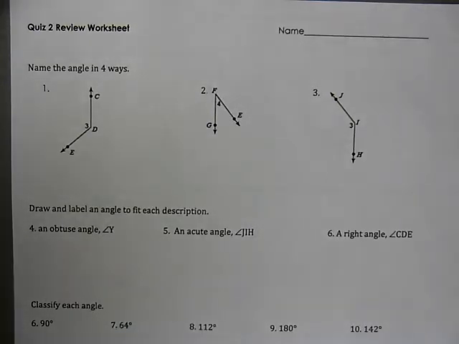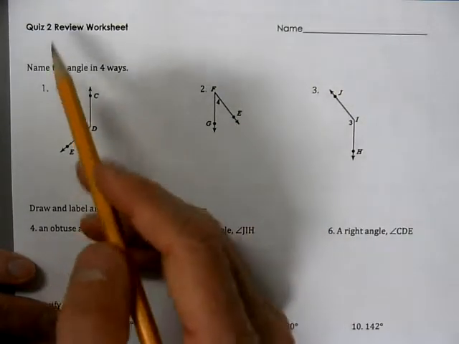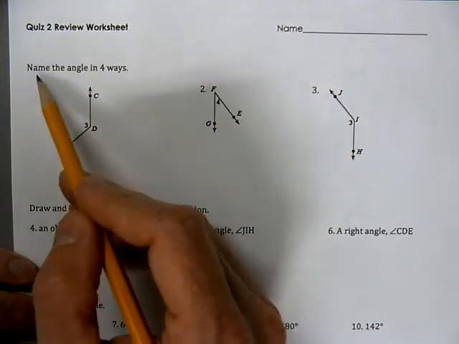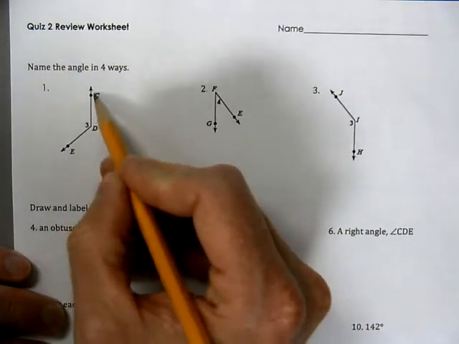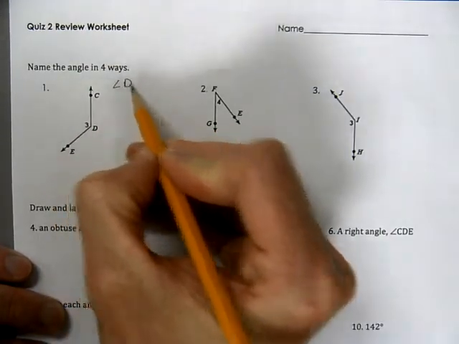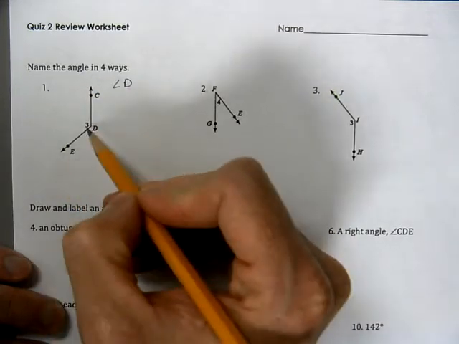This is Geometry Unit 1 quiz review. So this is quiz number 2 review. We're going to name the angles in multiple ways. We can name this angle with one letter because there's only one angle happening, only two rays coming off that